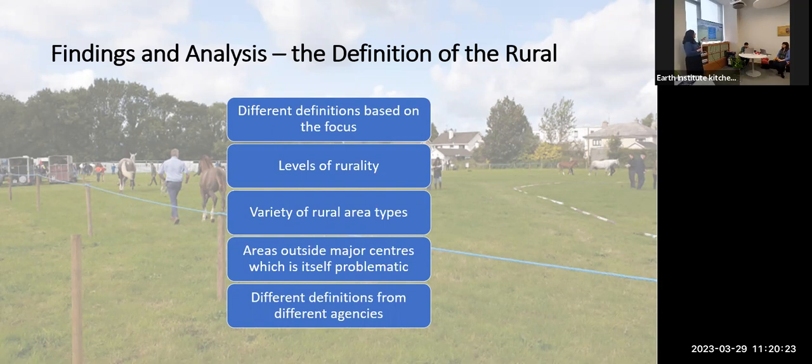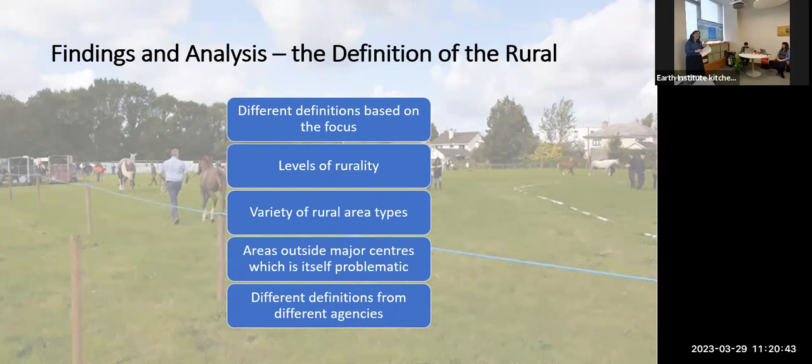But it is interesting to recognize there are different types of rurals. It's like the earlier talk about that binary of urban versus rural. It isn't a binary. It's very complex. We don't expect there to be one type of urban, so we shouldn't expect there to be one type of rural. And I do think that's coming through in policy more, but it's still something that we need